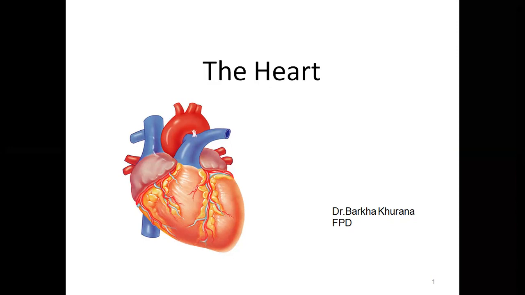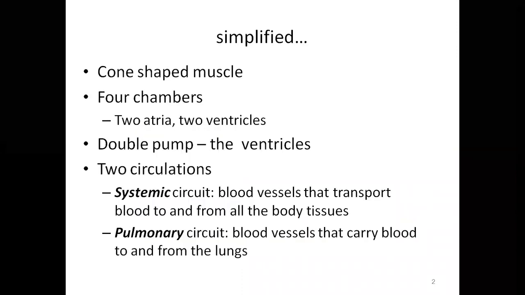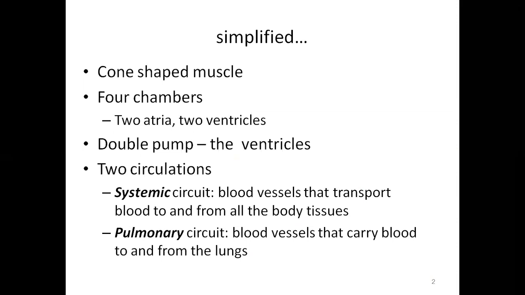Today we'll be discussing the heart, which is a part of your human physiology. You all must know that the heart is the organ that helps in pumping the blood, that is both oxygenated and deoxygenated, purifying it and all. It is totally made up of muscles, which are cone-shaped. It has 4 chambers, 2 atria or atrium, and 2 ventricles.